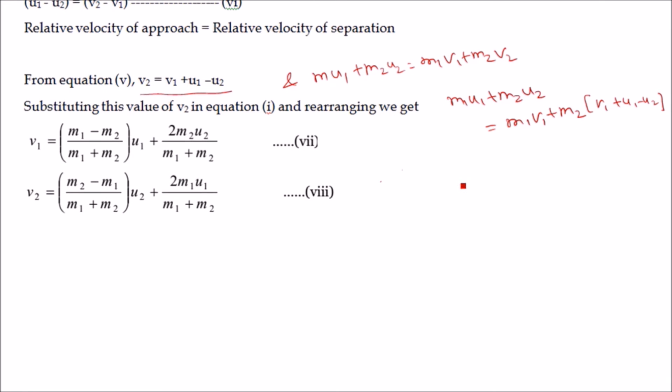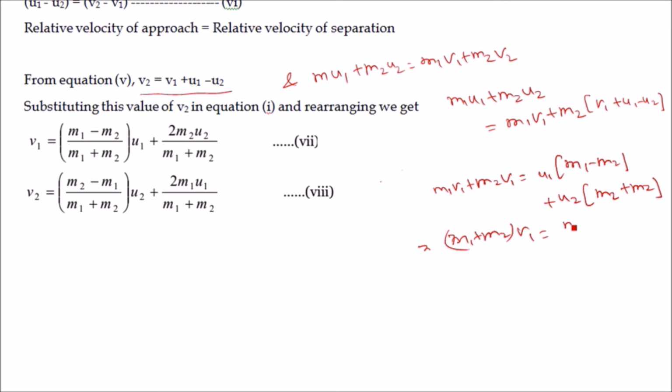Solve this equation, and if we solve it, then m1 v1 plus m2 v1 is equal to u1 into (m1 minus m2) plus u2 into (m2 plus m2). So from there we get (m1 plus m2) v1 is equal to (m1 minus m2) u1 plus twice m2